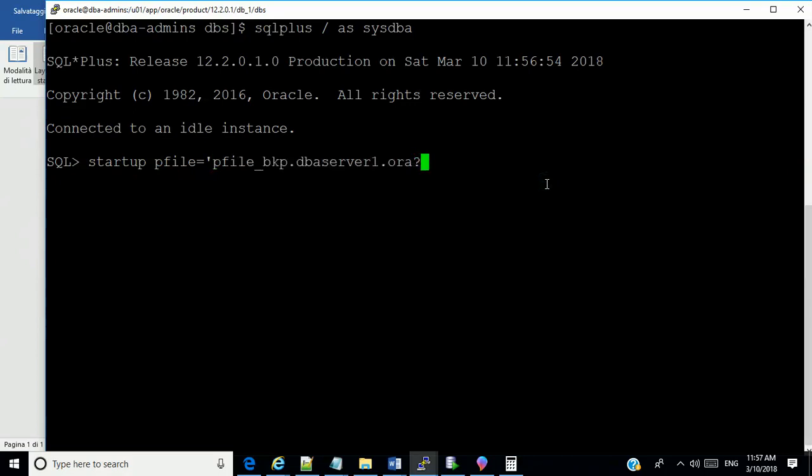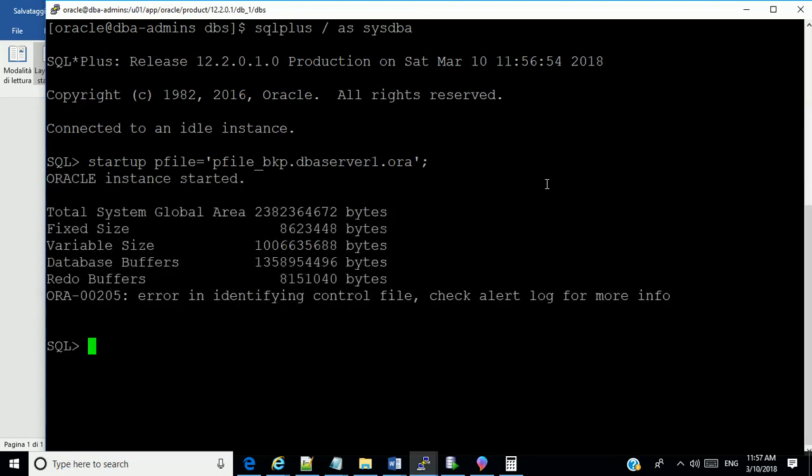So now it's no more going to use the default pfile because I've now specified the pfile I want to use, okay? You see? It gave me an error with the control file. You know why? Because I put a second control file that does not exist.